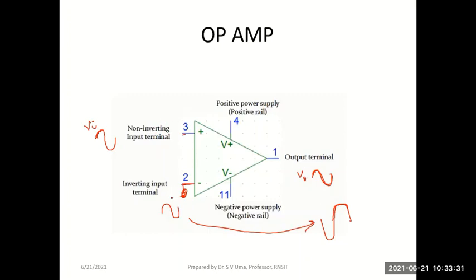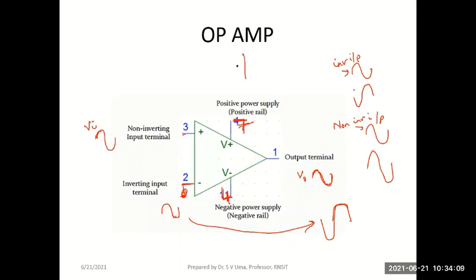If the output is 180° out of phase with the input, that is, the output is exactly reversed, then this signal would have been given to the inverting input. And when both are in phase like this, the signal has been given to the non-inverting input. As usual, the positive of the supply should be pin 7 and the negative of the supply should be pin 4. We also call this the positive rail and negative rail.